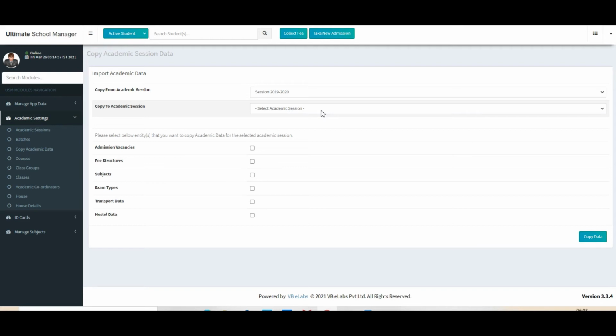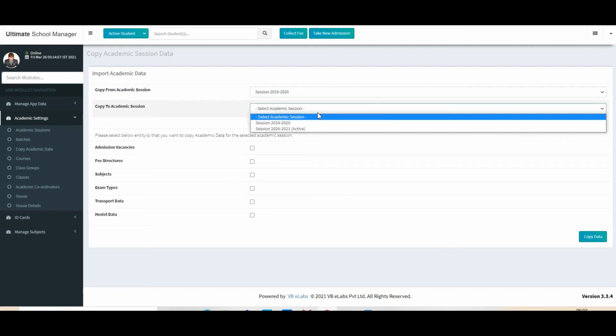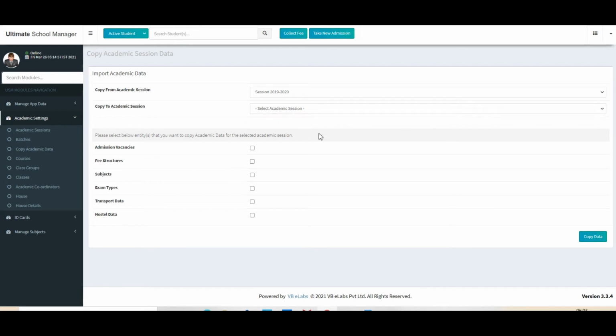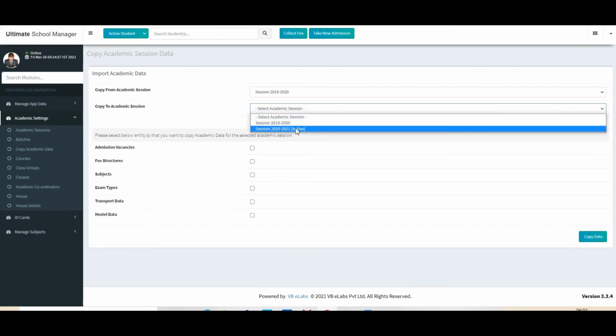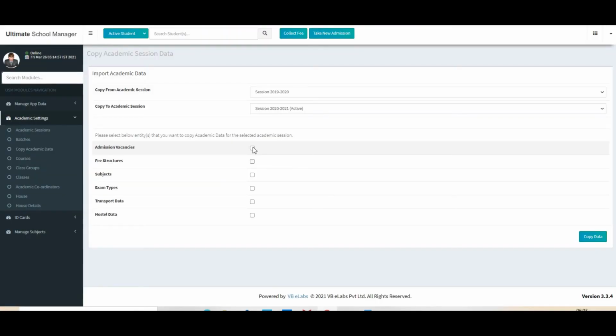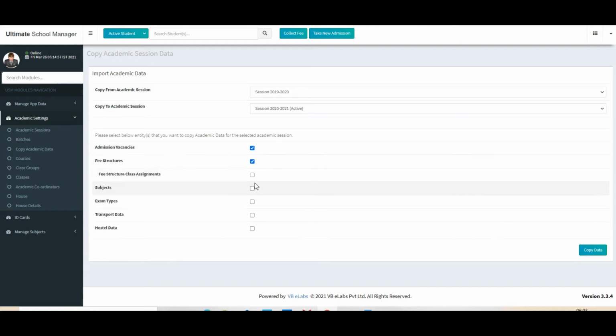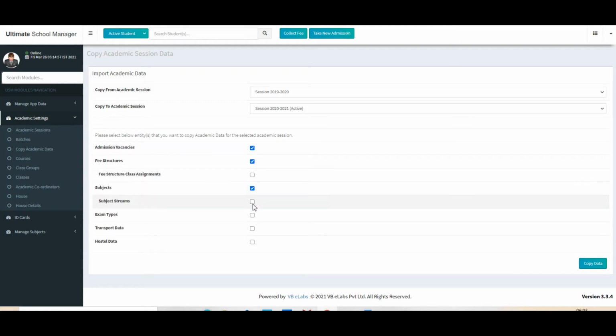You can simply select the session you want to copy from and the session you want to copy to, and select all the data that you want to carry forward from the last session. For example, you want to carry forward the subjects, the exam types, the fee structure, etc. and you can copy the data. The entire data will be copied from 1920 to 2021 session.